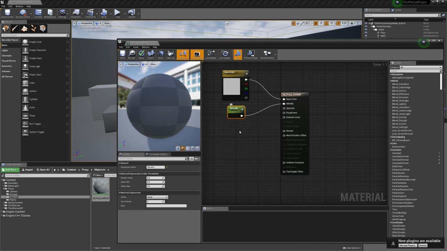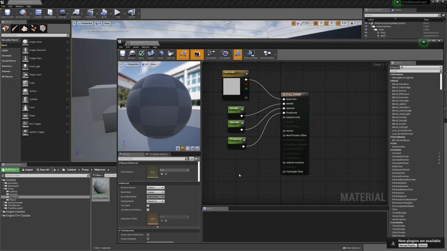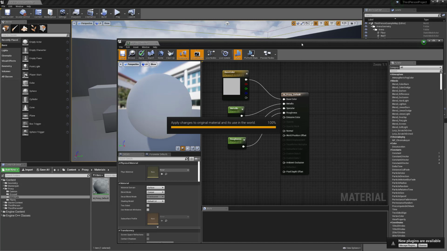I'm going to copy and paste that, push this into specular, just change the name to specular like that, and let's just copy and paste that, and then we'll put that into roughness like this, and we'll give this a default value, let's just do like 0.5 for that, and I think that should be pretty good. Let's go ahead and save that, and once that's saved, we're going to make a material